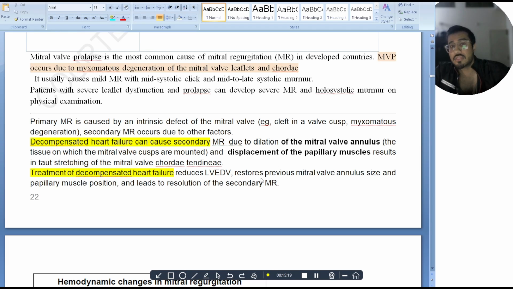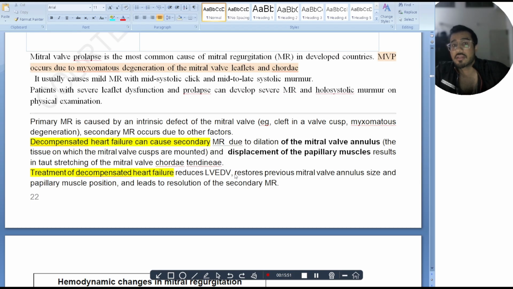When you do this, it restores preload, because during heart failure there's also fluid retention throughout the body. So if you give diuretics and reduce the overall circulating volume, that also results in a decrease in the preload. And if you give nitroglycerine and venodilators, that also results in decreased venous return. And if you give arterial dilators, that also results in reduced systemic vascular resistance, which further improves the strain